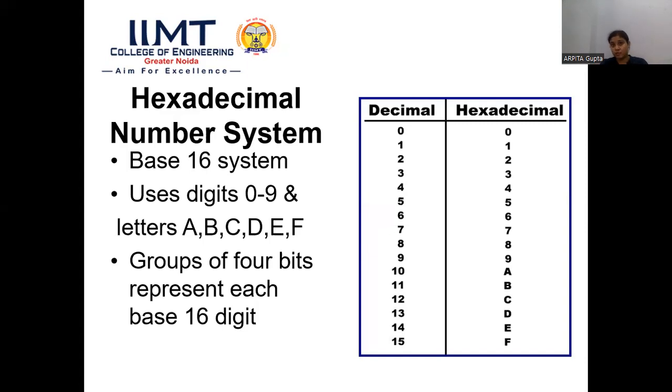The easiest way to identify whether a number is octal, decimal, binary, or hexadecimal is that in the hexadecimal number system we have alphabets from A to F. In the binary number system there are only 0s and 1s. But if you talk about decimal and octal numbers, they have a base